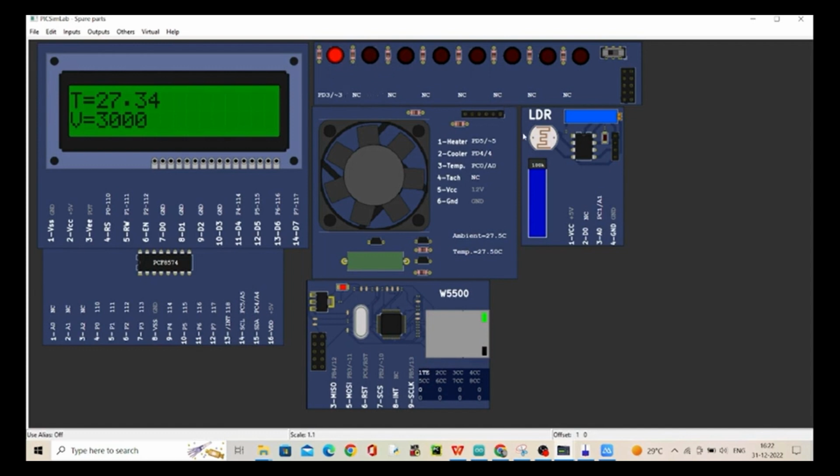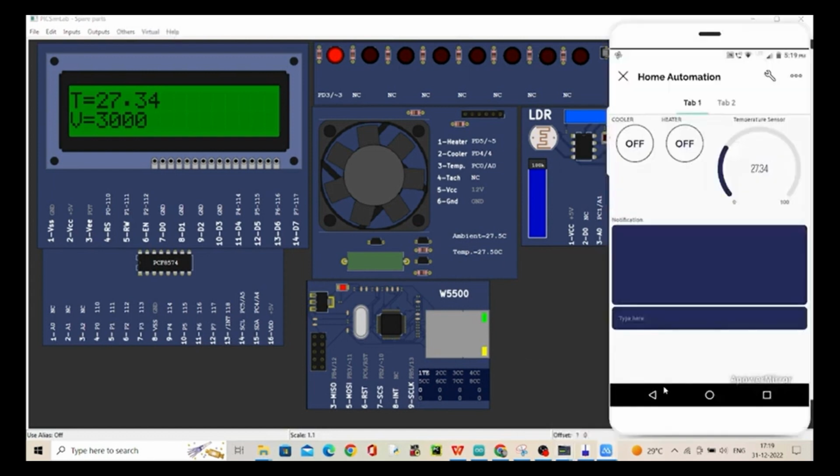When the LDR sensor will sense the light... The Arduino board can't be connected directly to the internet, so we have connected an extra additional peripheral, that is the Ethernet shield. This is the Ethernet shield. We will be connecting and sensing the temperature through the above. As you can see, the fan will be there. This is the temperature sensor.